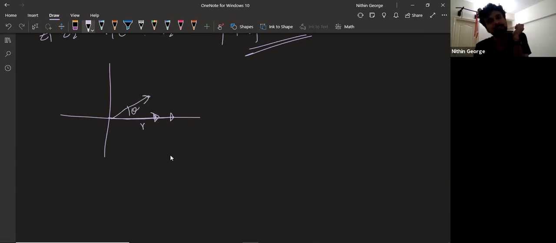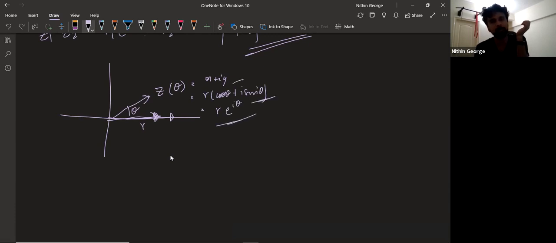So to form any point on the Argand plane, you will need a length. So you bring in a length, that will be r, and then you rotate it by an angle theta, right? You have some r value, which you rotate by angle theta to get to the desired point, z, which is defined by theta. You can write that as x plus iy. You can write this as r into cos theta plus i sin theta. You can also write this as r into e power i theta. All three of them are the same thing.